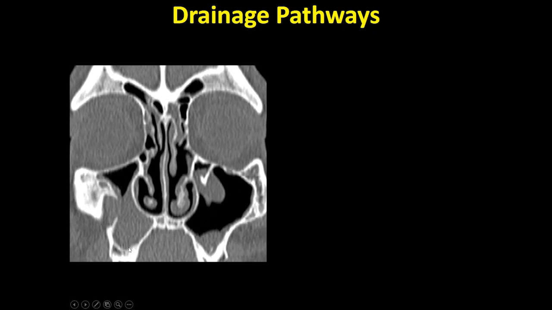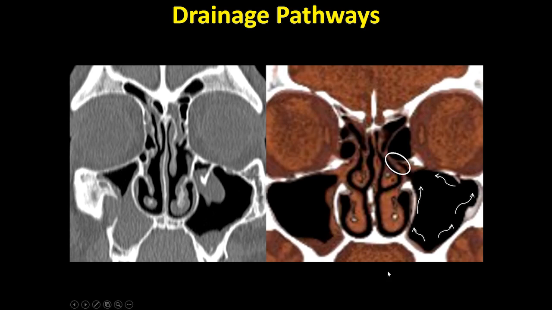But it never relieved them of their symptoms, and this was puzzling until we understood the important ciliary action which helps drain the sinuses. Typically, the cilia push the secretions towards the natural opening of that particular sinus, and therefore even if there was a defect made along the floor, it never really worked because the secretions continued to be pushed to the natural opening, and therefore our understanding about the